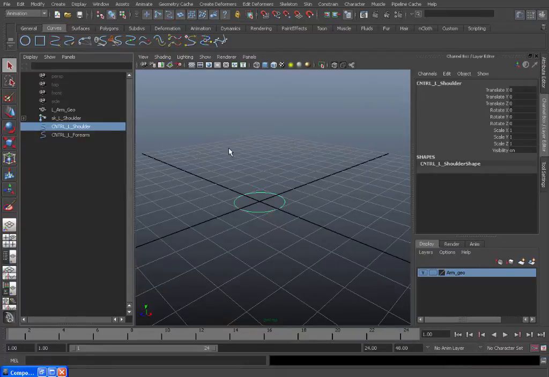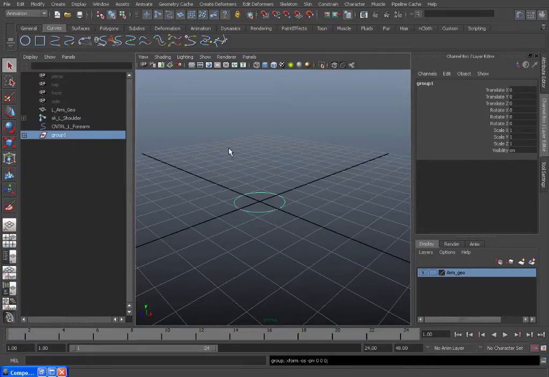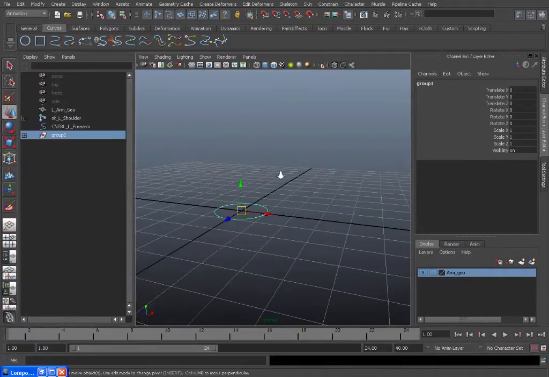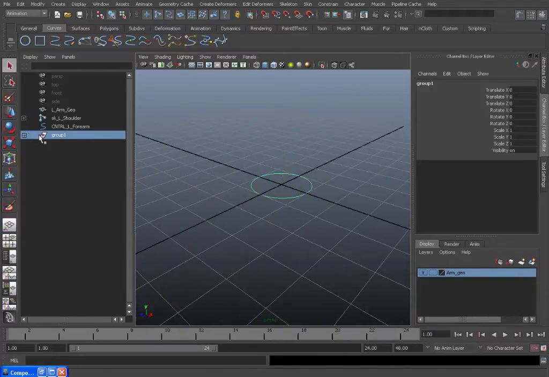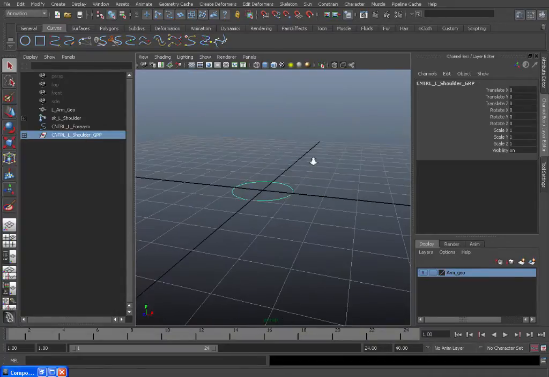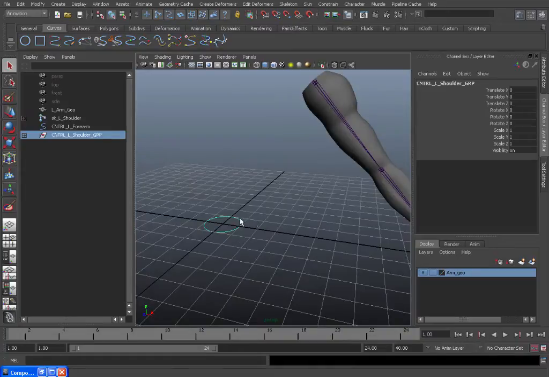select it, and then we'll press Control G to group the object. This will automatically create a group that will be at the origin. So what we can do is paste in the name of the control, _GRP for group. The reason we're creating a group is because we'll need this so we can safely align the